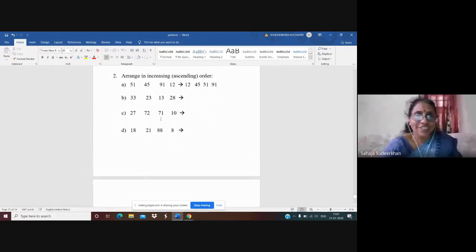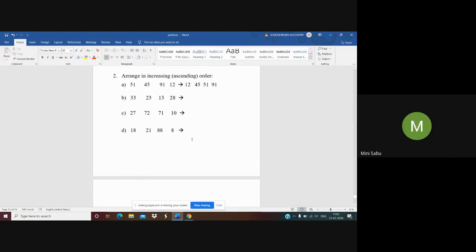Thank you. You're welcome. Now, this is easy for you, but here 3 two-digit numbers and one one-digit number is there. So, which is the smallest number here? Yes, it is 8. Then after that we will see the place value of the digit of the tens place. 8 is here, 2 is here, 1 is here. So you can see and write. Is it clear to all? Yes. Okay, children? You can do it when you get time.